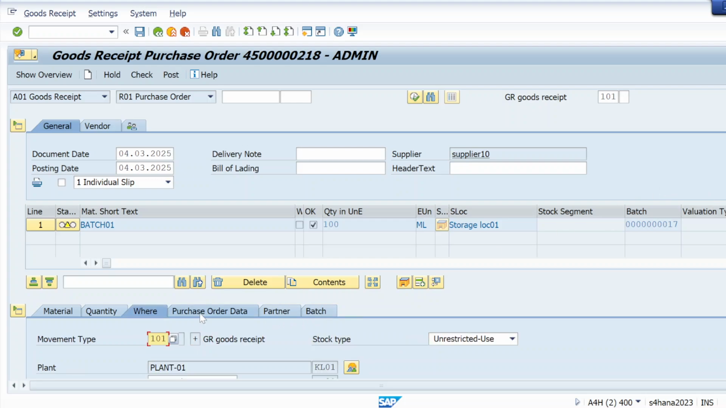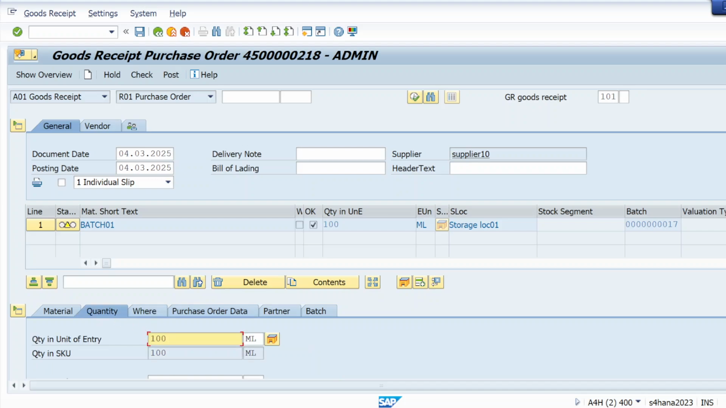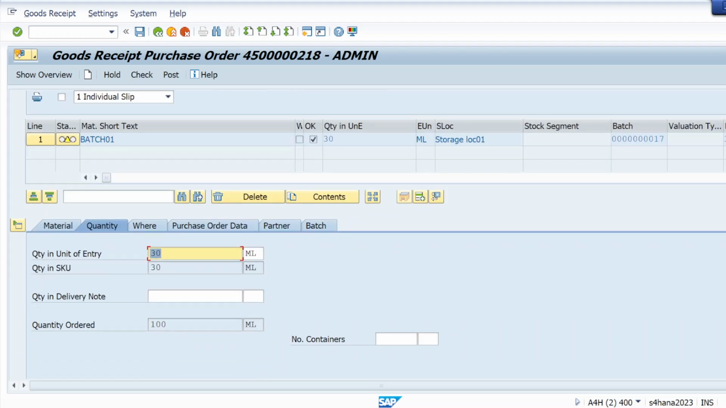What I will do now, let me take 30 quantity. Like vendor is sending 30 quantity now, he's sending like that. So that must have a different batch, because he is sending on different date. Okay, in different batch he is sending. So let's suppose 30 he is sending now. Okay, and let me